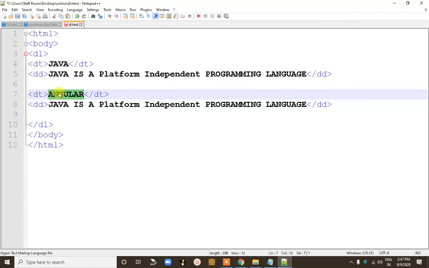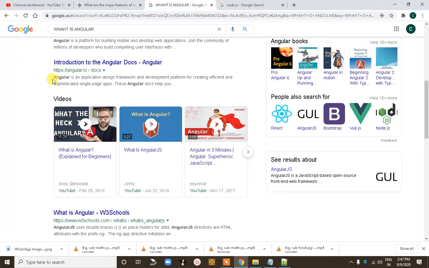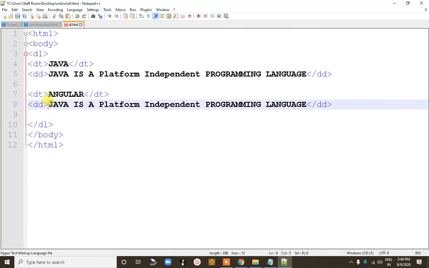So Angular is the definition term, and within the definition description, see here, Angular is an application design framework and development platform for creating efficient and sophisticated single page applications. So here we write the definition of Angular.